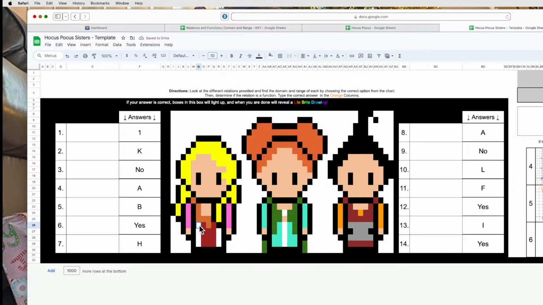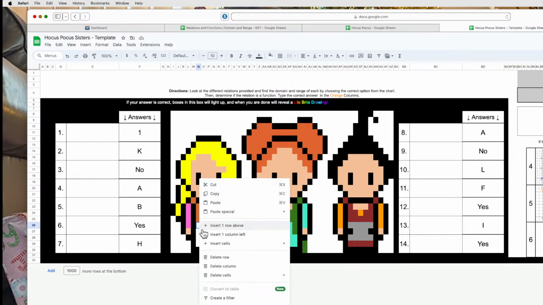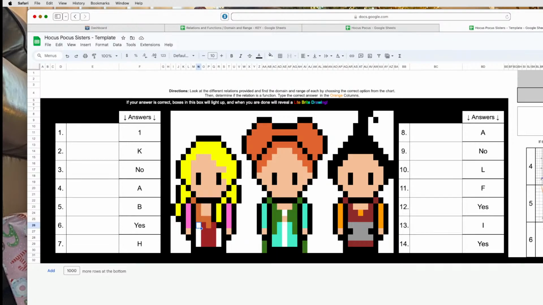I'm going to select where the colors went away. So I'm going to right click here and go to view more cell options, conditional formatting. And this is what I need to change. Okay, so I'm going to select this one. F10 is the first part of the formula. See how you see indirect, it says like DZ23. I know that the correct one here is F10. Okay, so I'm going to paste that,